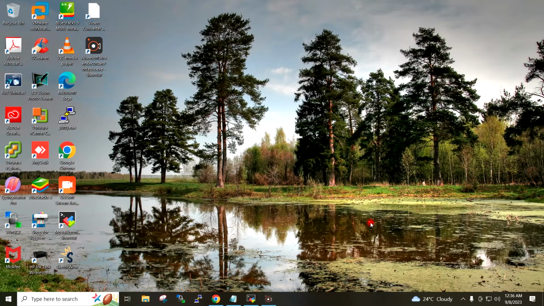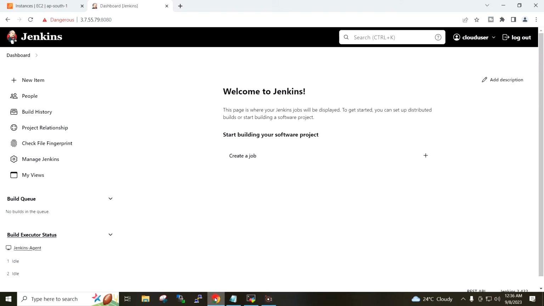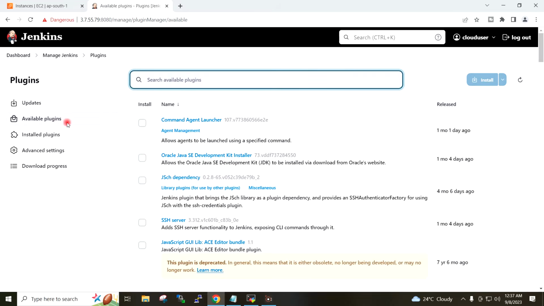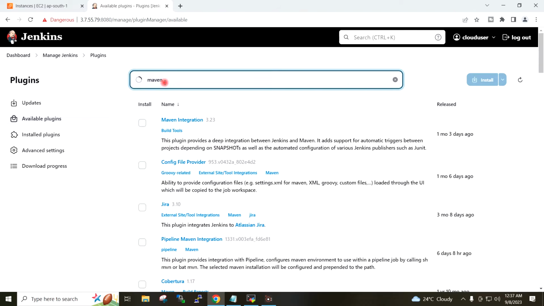I will now install and configure a few plugins on Jenkins. So I will go to Manage Jenkins, plugins, available plugins, and I will search here Maven.